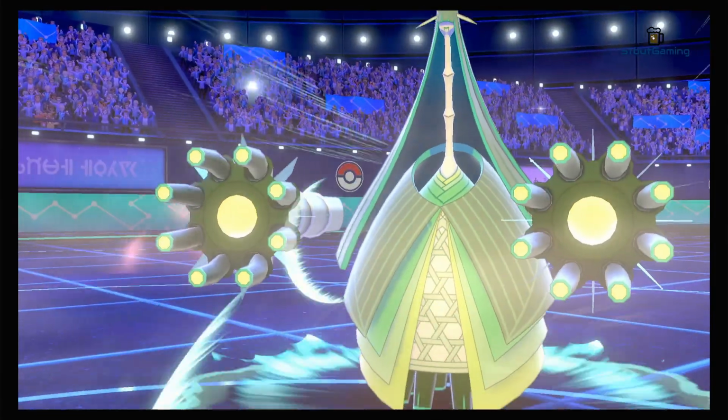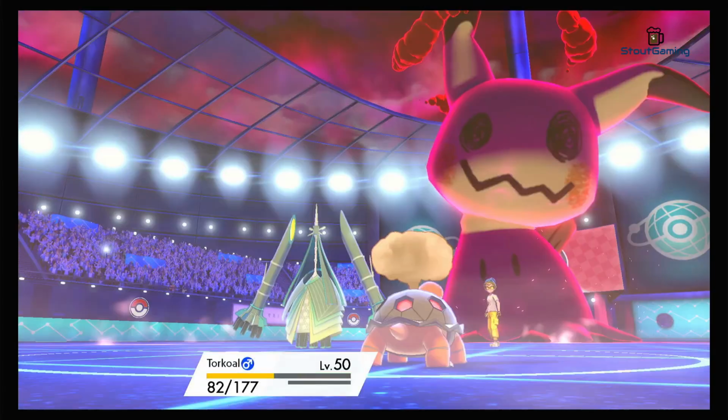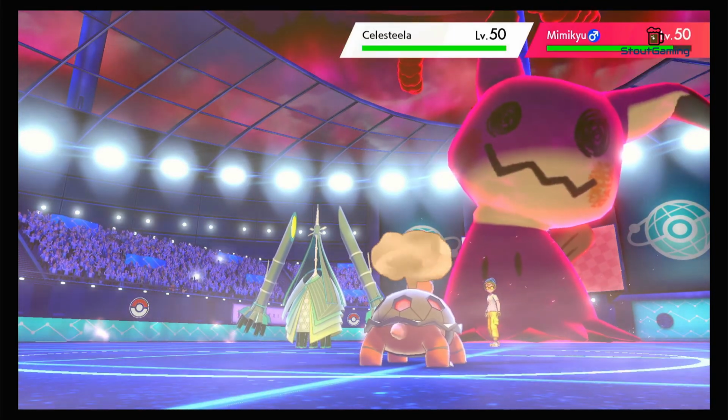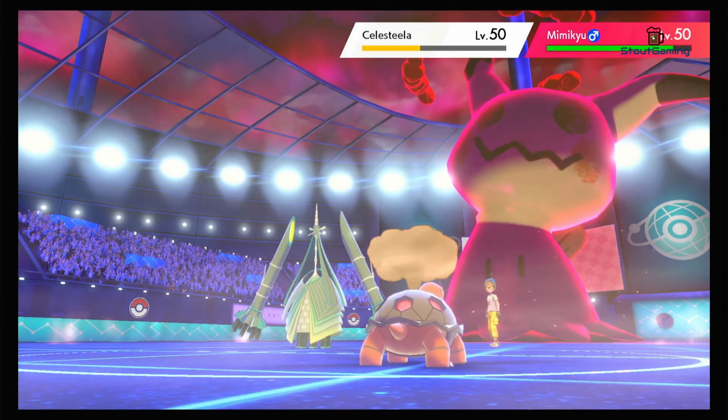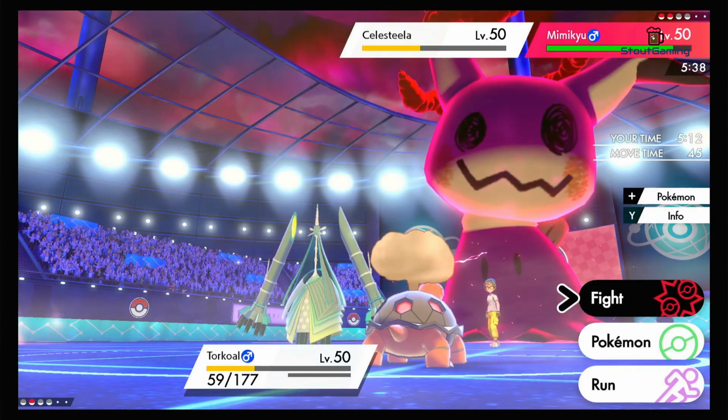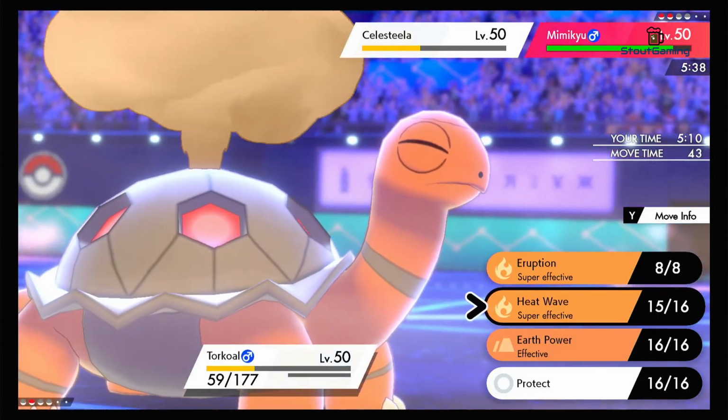Like, the Celesteela's Air Slash, for example, if that missed, there's a world where Torkoal pulls this out. But from here, there is not a world where Torkoal pulls this out, because Heat Wave doesn't KO the Steela, and the Mimikyu's disguise is not broken. So,